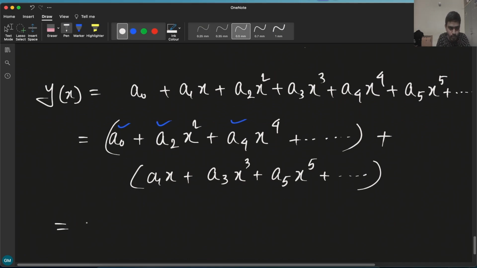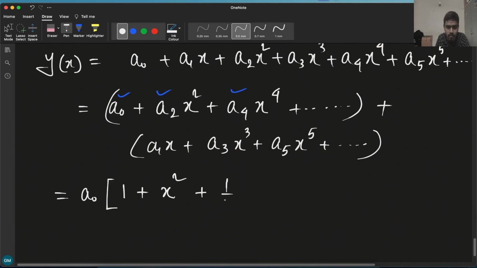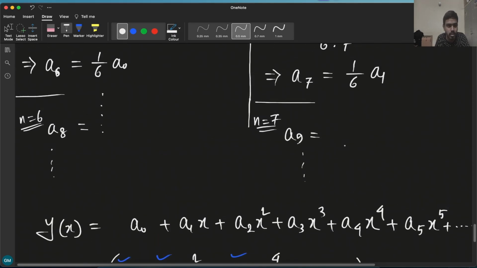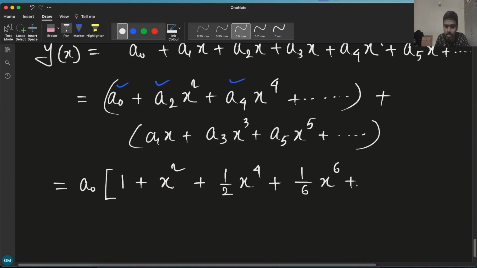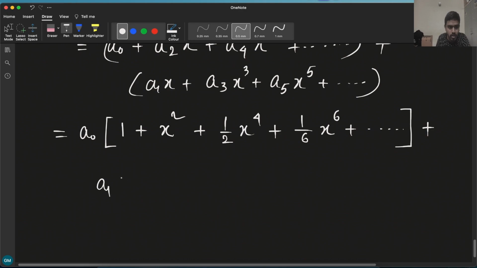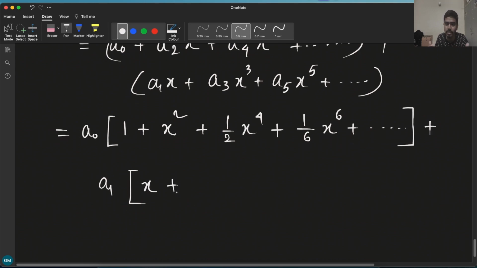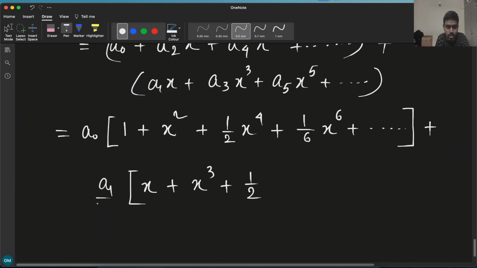So I can put A0 outside, and then it will look like 1 plus A2 is A0, that means it is x square, plus A4 is half A0, so that means it is half x to the power 4, plus A6 is 1 by 6 A0, that means 1 by 6 x to the power 6 plus dot dot dot. Plus this is for the even power of x, and for the odd power of x I can take A1 outside, and then it will be x plus A3 is A1, right? So it will be x cube plus A5 is 1 by 2 A1, right? So it will be 1 by 2, A1 is outside, so that means x to the power 5,